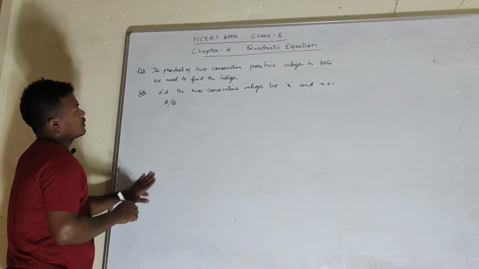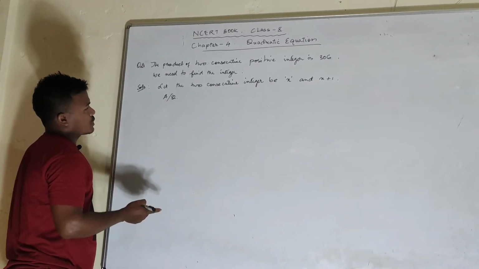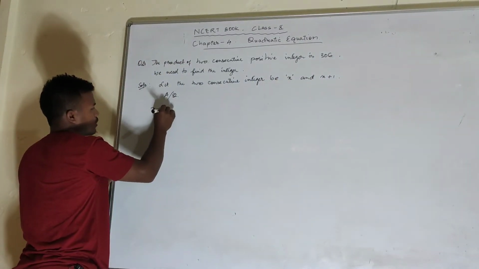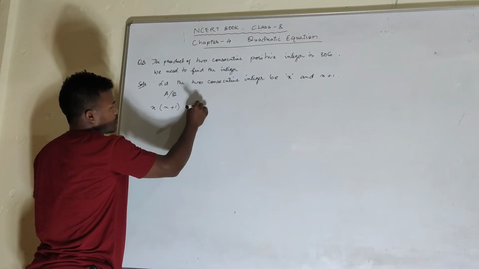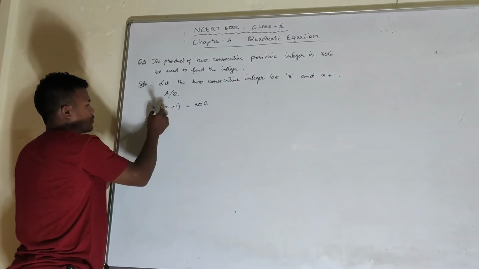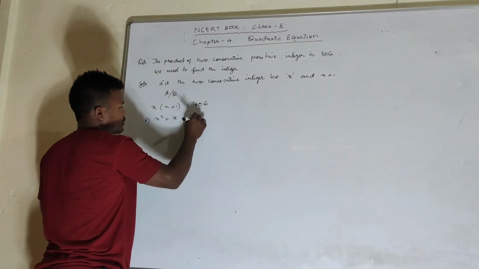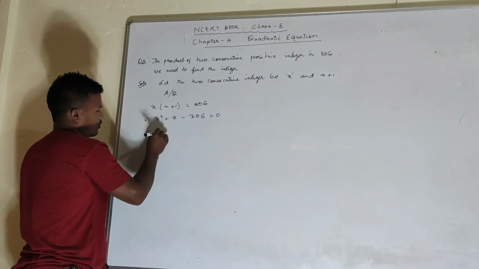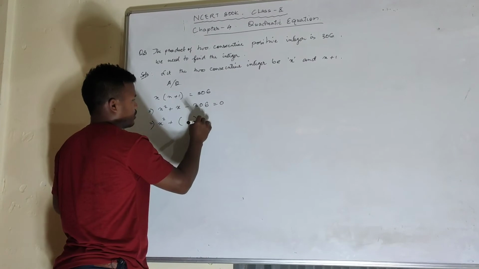How did the question say? The product, the multiplication of two consecutive integers, is 306. So let us multiply these two numbers, x into x plus 1. What is the product value given? 306. Then x into x is x square plus x into 1 is x, minus 306 equal to 0. Then you solve it by middle term factorization. Just go on,